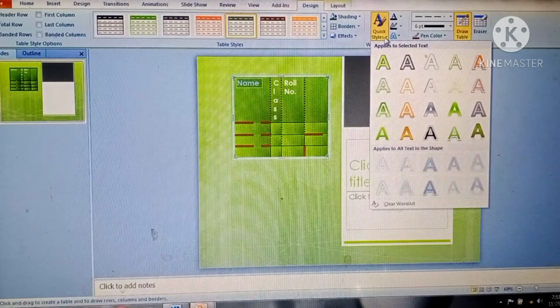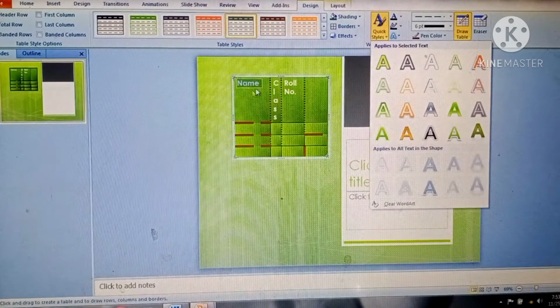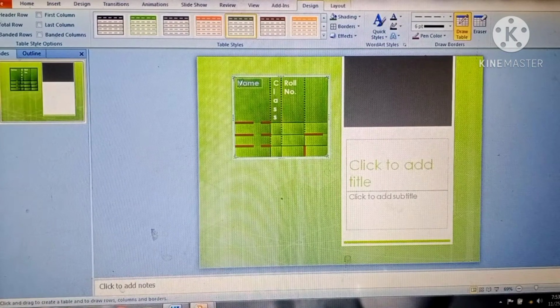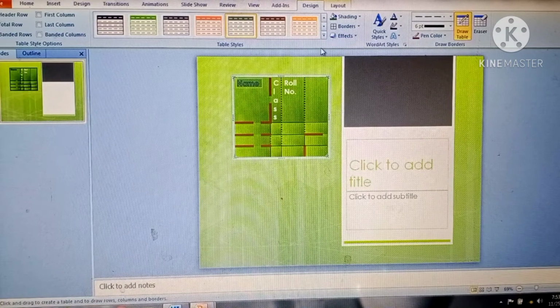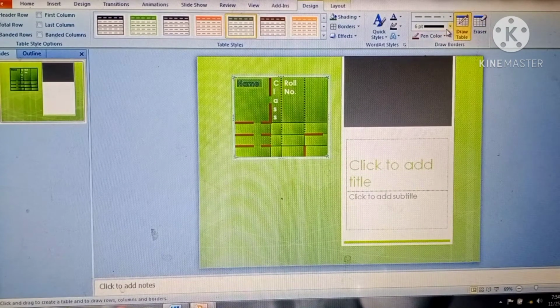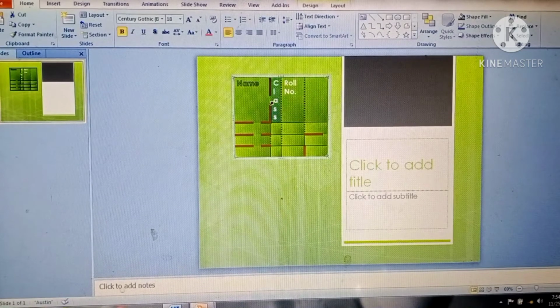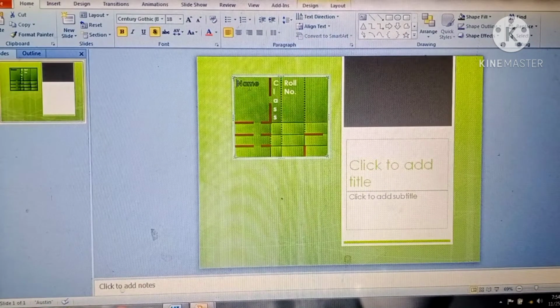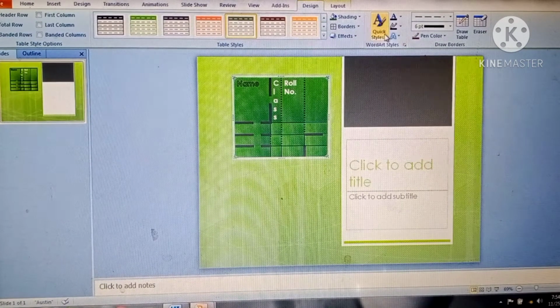Quick style, if you write something in the table, you can change the name, I am selecting this. Now I am selecting the table, go to design and quick style.